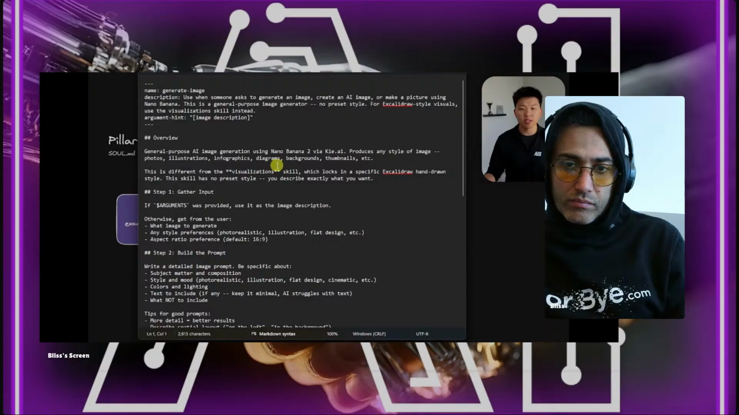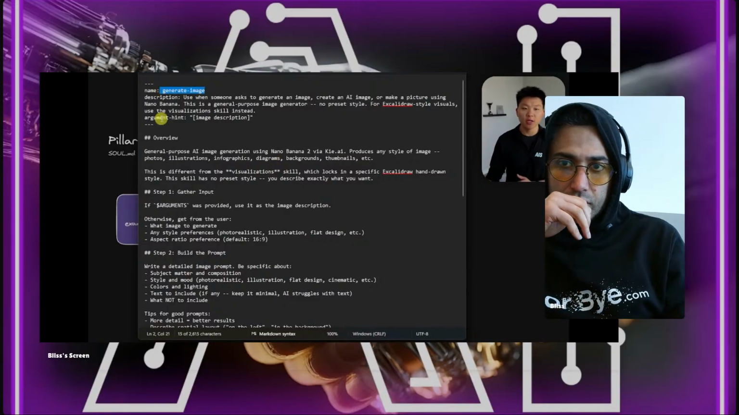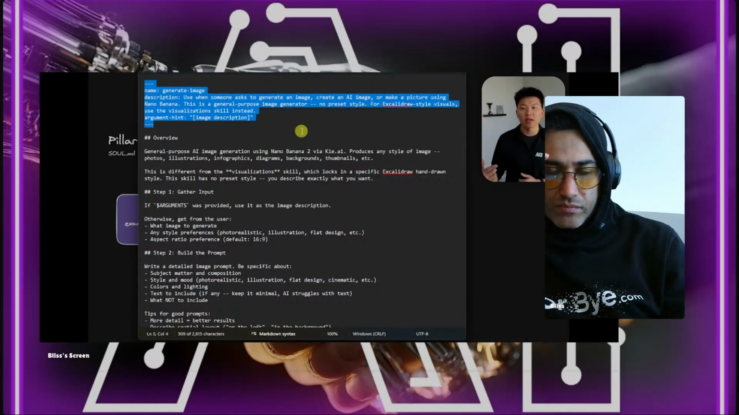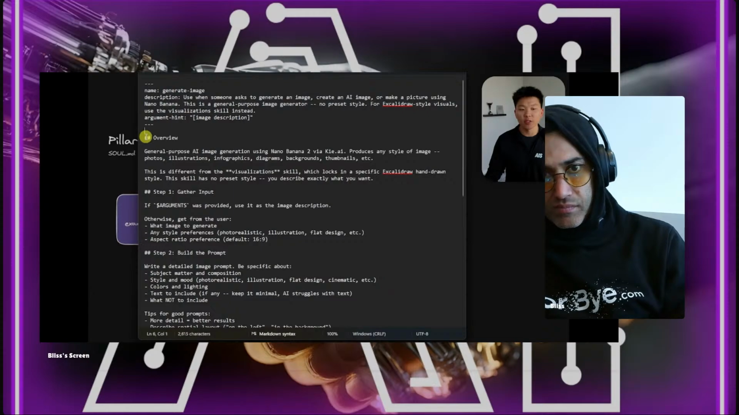Here is a skill. So this is skill.md. This one's called generate image. So everything in between these 2 lines up here, that is the YAML front matter that I was talking about. This is what your agent reads in order to understand, okay, should I use this skill or not? If it then decides, yes, I should use this skill, then it's going to read all of this other stuff,